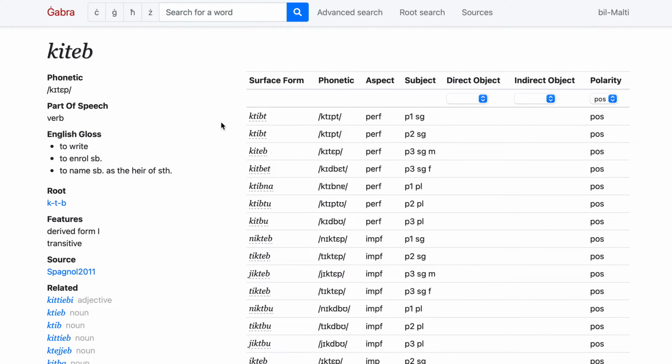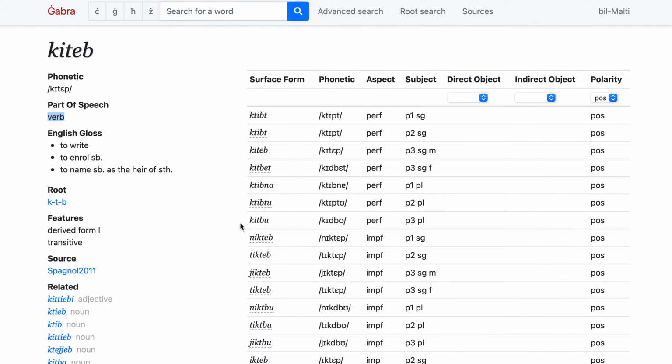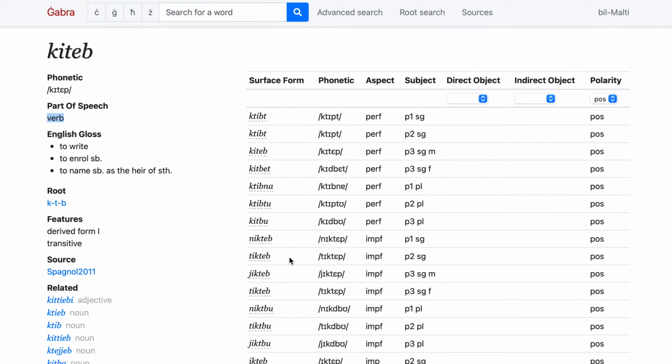Same as for Ġabra, you get the phonetics. You see, it's a verb. What are the translations? To write, to enroll somebody, to name somebody. The root, the source, well, that's not so important. It's a dictionary where it comes from, and then the related words. But what is really great, I'm going to scroll down a little if I can. Well, I can't, but okay. You almost have all the